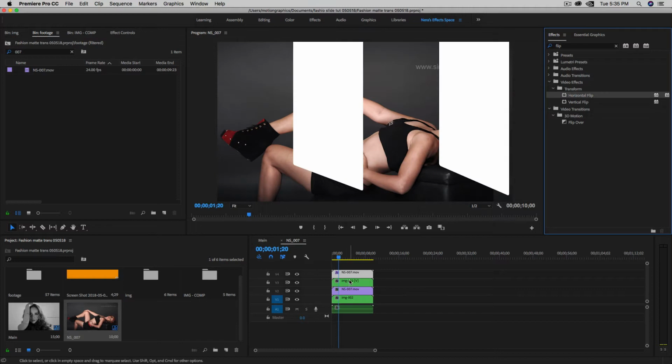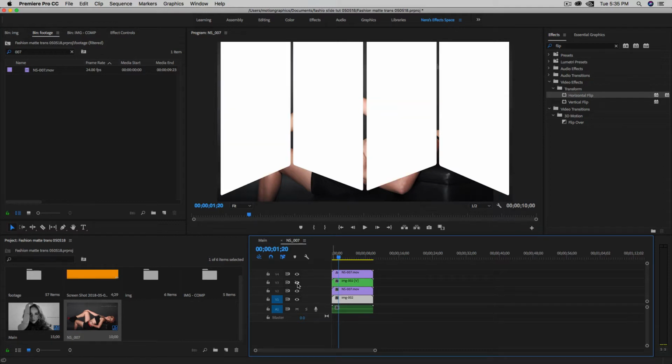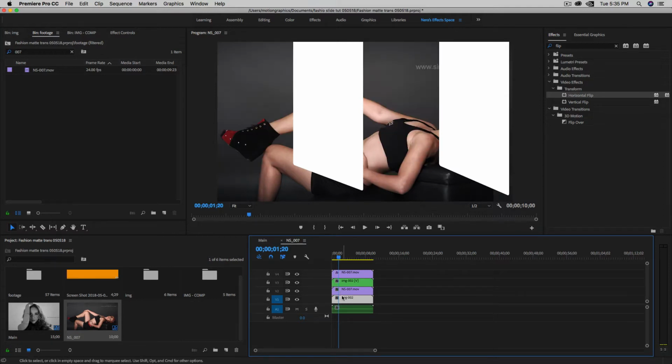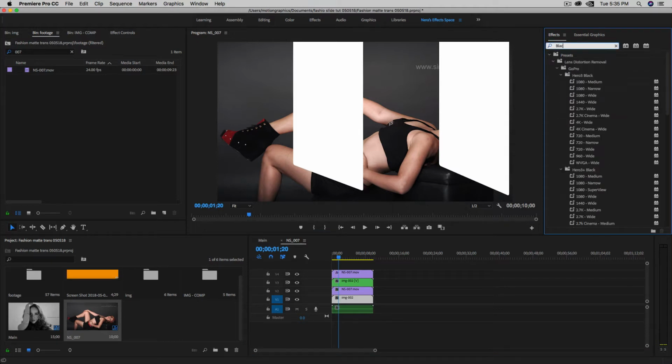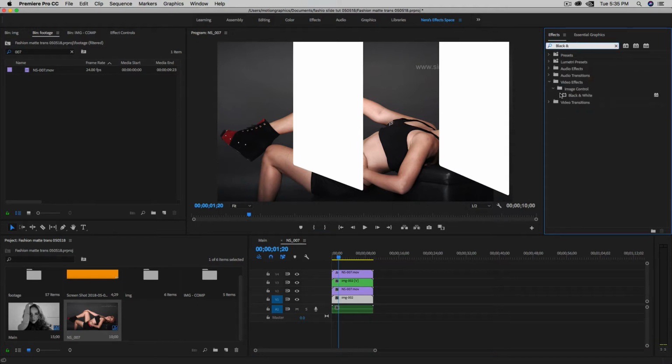So we don't see anything yet. Let me see if I add the, no. Okay, so let me just add the black and white to this image. So let me just add black and white, and double click. We don't see anything yet. And also we can add the track matte to this image. So let me go to track matte, double click, and make sure this one as well, double click the track matte,